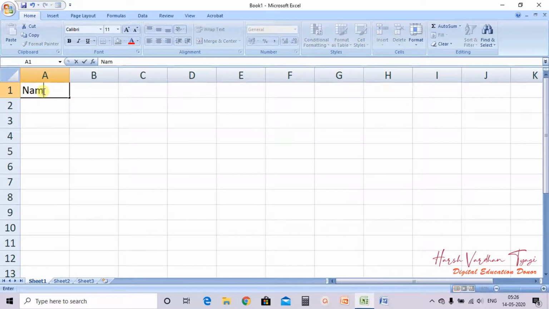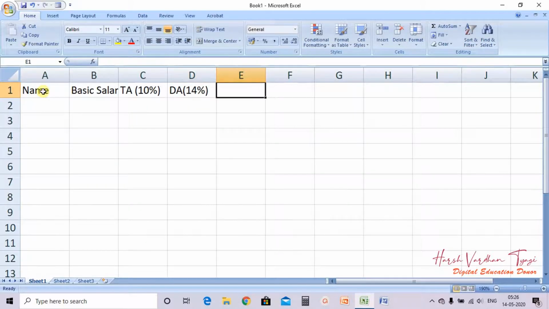So I'm making a table with column names: basic salary, then TA, suppose 10%, DA 14%, HRA 12%, and then gross salary.